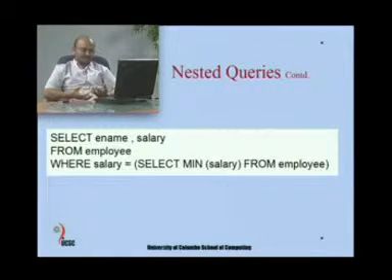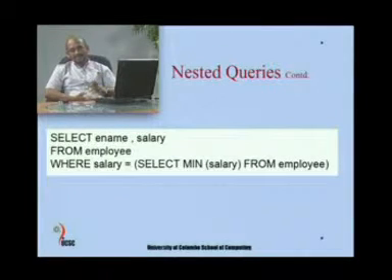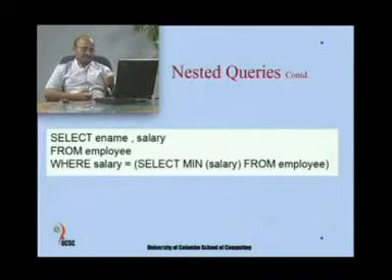So, for that you have to use a subquery, because you can't use min salary as a part of an expression without a subquery. In this particular case select min salary from employee will identify one value, which is the minimum salary value. Then you can compare that with the employee table and see which employees match that value. So, if the minimum salary is 8,000, all employees having 8,000 will be part of this output. As the value 8,000 is a single value, we can combine here using the equal operator.